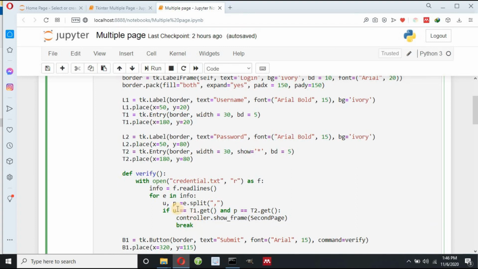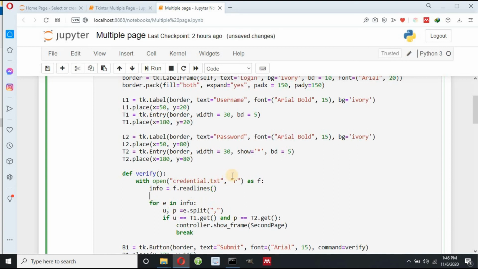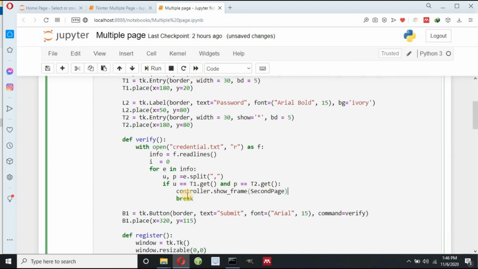Now what happens when it doesn't find our username and password? I will display a message, can't find username and password. So I can define here, suppose i equals 0, and if my execution enters this block, it will change my i value to 1.